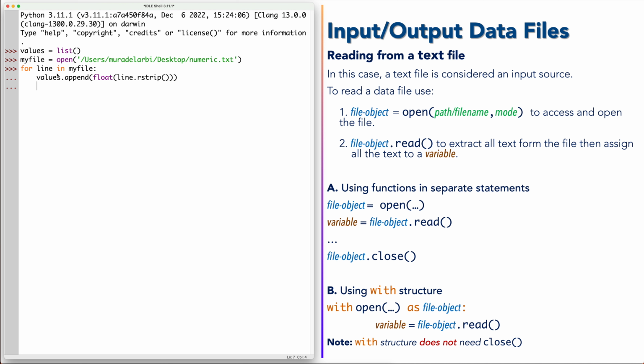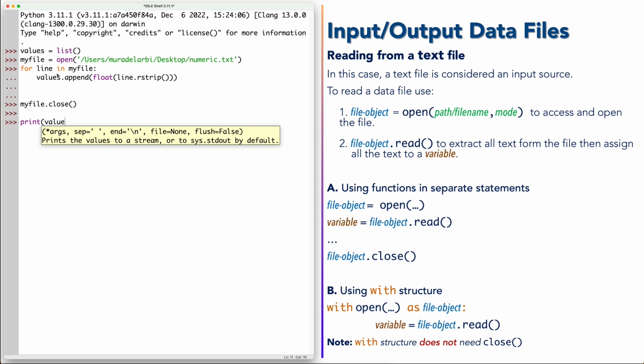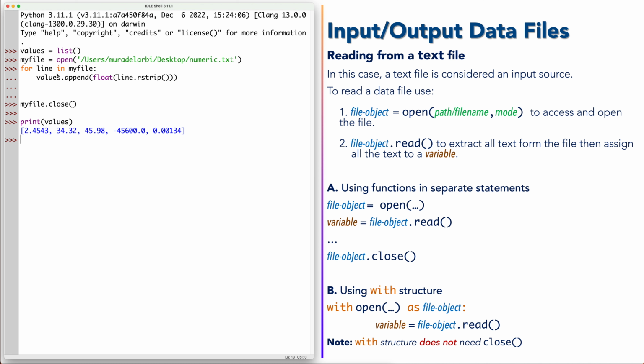Now we close and then print values. Also, we can check by using type. For example, values 0